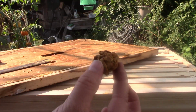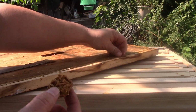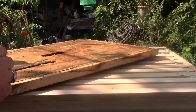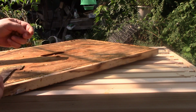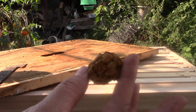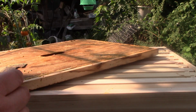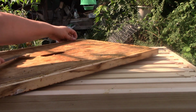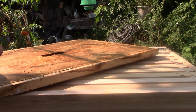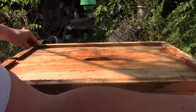What I am scraping off of here, if you're not familiar with it, is propolis. You might refer to it as bee glue. This is what the bees use to fill in spaces that they're not happy with. You know, if there's a gap somewhere and they think there shouldn't be, they use this to fill it in. There's supposedly medicinal purposes to this, so I'm going to keep this. I'm not going to throw it away, but I don't really know what to do with it. So again, if you are an expert beekeeper and can tell me what to do with this, please let me know. Alright, I'm going to put this back together for these ladies,